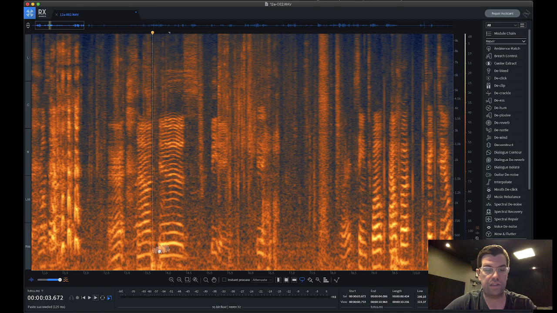So say I wanted to grab this portion. If I accidentally grab from up here, when I come back to paste it, it goes where I don't want it to go. Same thing, this section up here, I only want to overwrite this section. I want to replace it with some clean stuff from over here. If I do that, see, I messed that up somehow. So I want it to be this size. So I'm going to take that, move it over to the portion I want to grab the fill from,